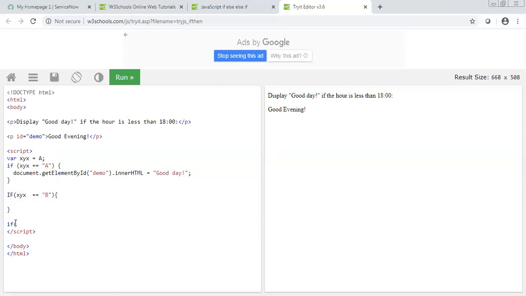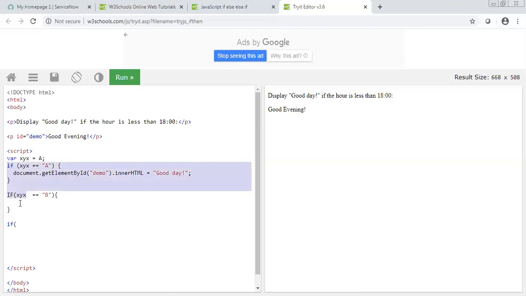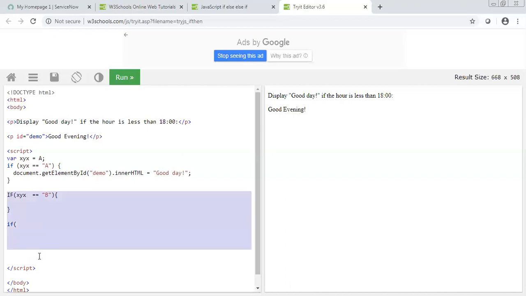So no need of else if. Yeah, but that is not the effective way. In this case, code will run each and every if loop. If you have written 10 if loops, xyz is equal to a, b, c, d, e, f, then even if it becomes true here, like it can be a, this first loop itself will be true. The code written inside this will run, but still the code will check all the if loops written after that. So performance issues, unnecessary code will run.